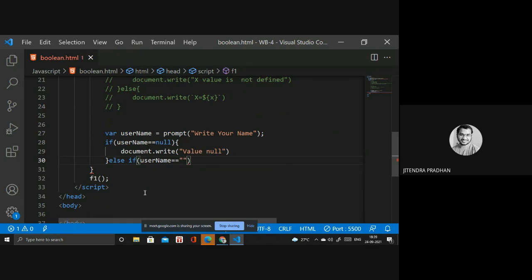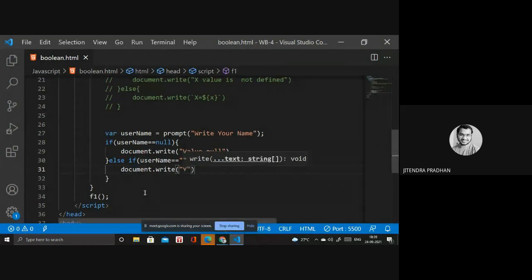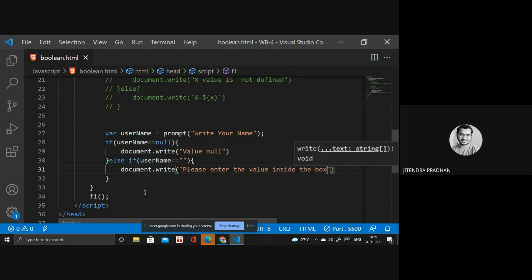It will be a space. I already told you that one, but once again I will give you an example so it's better. Document.write: please enter the value inside the box.